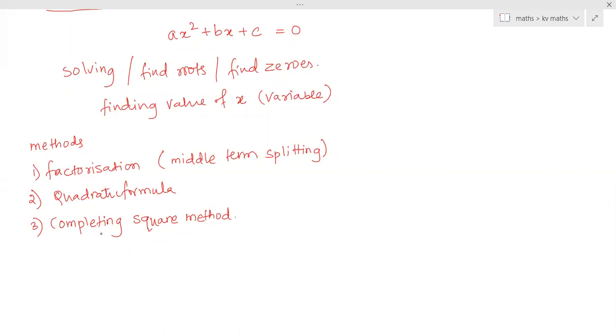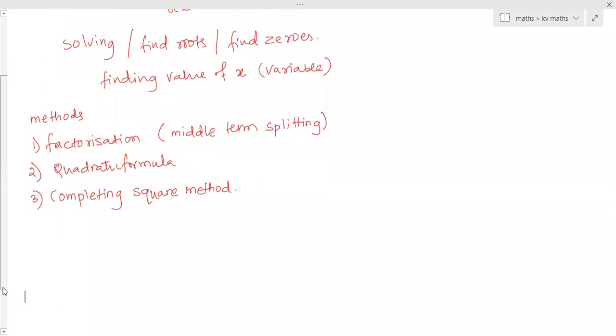The factorization method you have already learned till last year, in 8th and 9th. Even in polynomials, we have seen finding the values of x, the factors of the quadratic polynomial, for verification of zeros and coefficients. You have done this factorization method, and we will use it in this chapter also. What is the quadratic formula now? Quadratic formula means solving any equation by the quadratic formula.